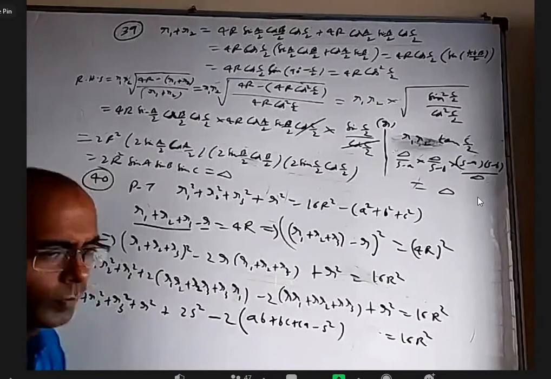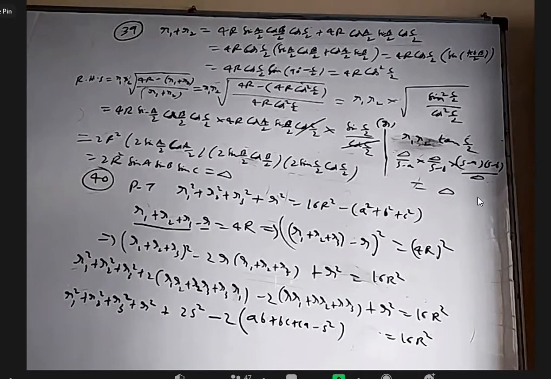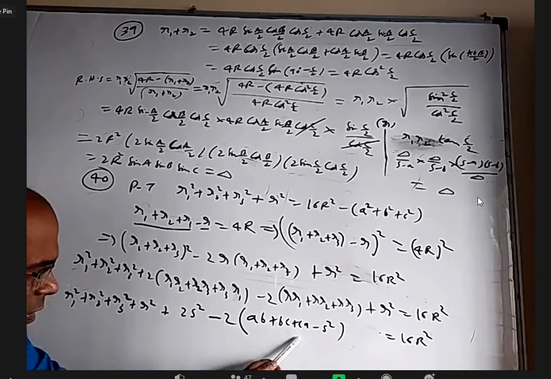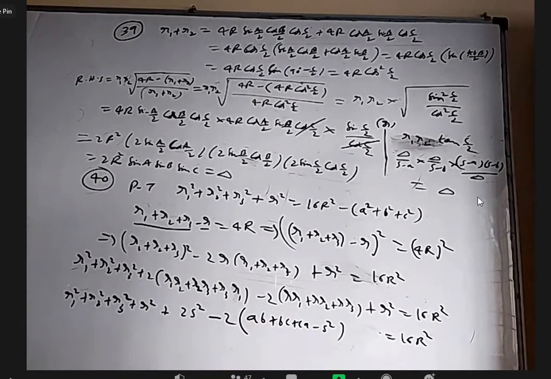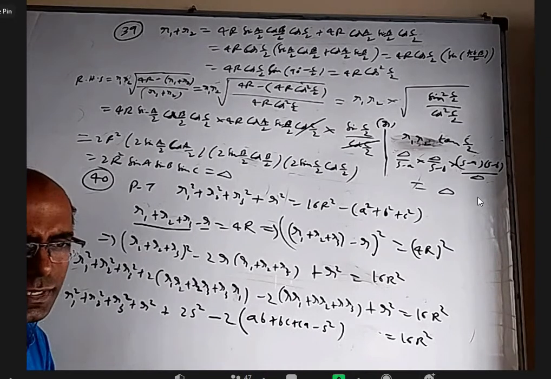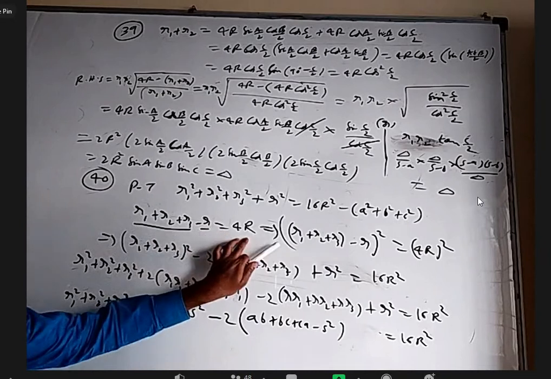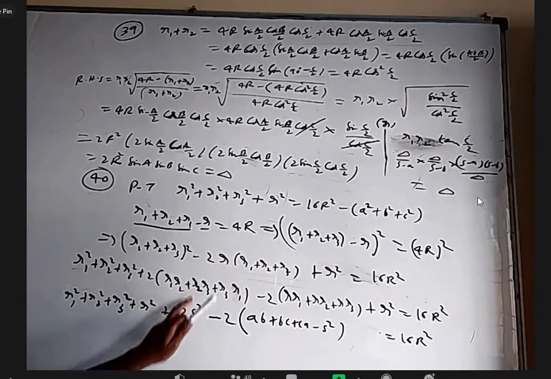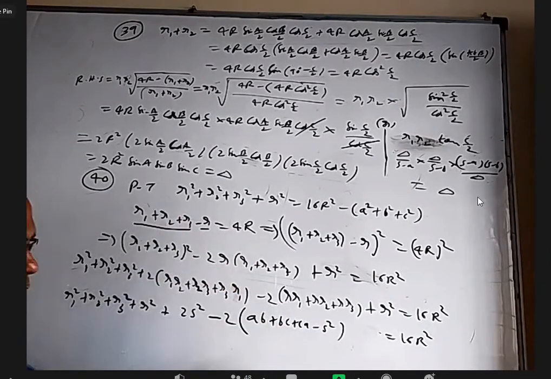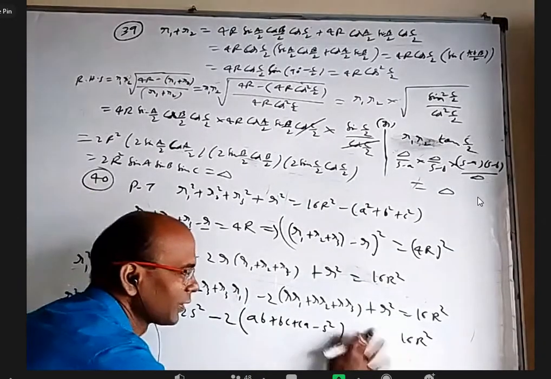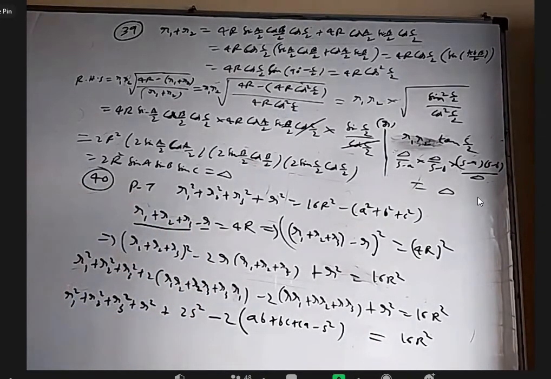All right. Everything is nice. How is this S square? It is a separate question we did in the class. How is this AB plus BC plus CA minus S square? We did it separately in the class. You can look into that. I don't think in the exam you need to prove this once again, or this once again. Then it would be a 20 marks question. I think we can use those results.